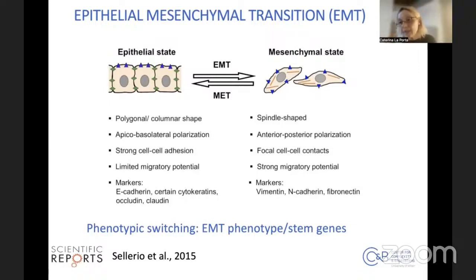But they can, by environment and many different aspects, change, and they can go into the mesenchymal state. In this case, you can see that they change completely the shape. They are spindle shaped. They have these focal adhesion contacts, and they acquire a strong migratory potential. And of course, in this case, we have different markers. So this process can go in one direction, but also in the other direction, from mesenchymal to epithelial states. So it's bidirectional. This process is called in different ways, like phenotypic switching, so the cells can switch from one state to another according to the environment,